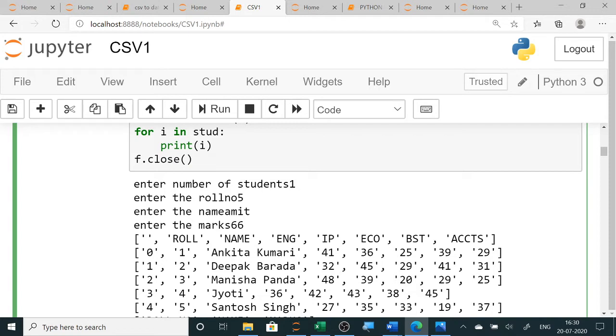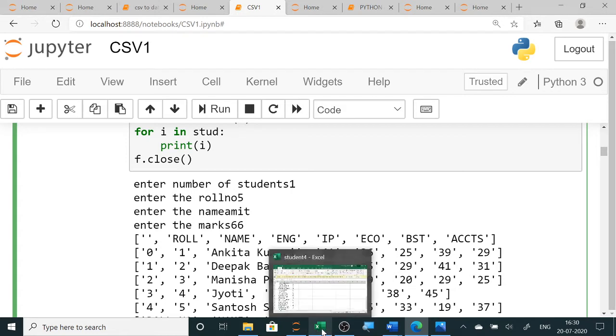All of you have started designing your projects. In your projects you can also create the CSV file directly in Excel, and then from here you can do all the operations, search operation, any calculation you want to do. Here one file is there, this file I have created from Python. Now one file I want to create directly.